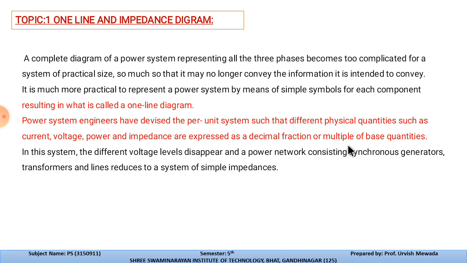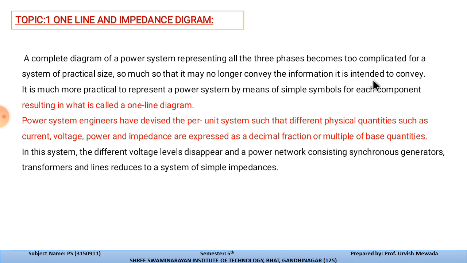Basically, a complete diagram of a power system representing all three phases becomes too complicated. In a transmission system, if we have a three phase four wire system, then we have R, Y, B and neutral. But for the distribution system, generally we have the three phases and an additional wire, which is the earth. So if we consider all these lines and draw the line diagram of that system, then